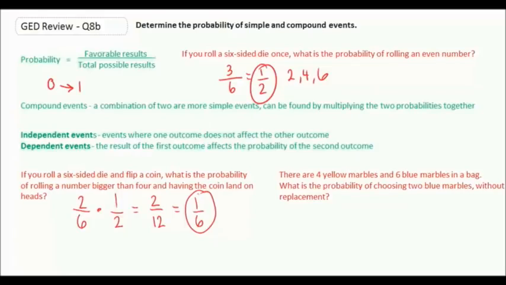Okay, well that was an independent event. Let's look at some dependent events. There are 4 yellow marbles and 6 blue marbles in a bag. What is the probability of choosing 2 blue marbles without replacement? When you see without replacement, that usually clues you in to the fact that it's dependent and you need to